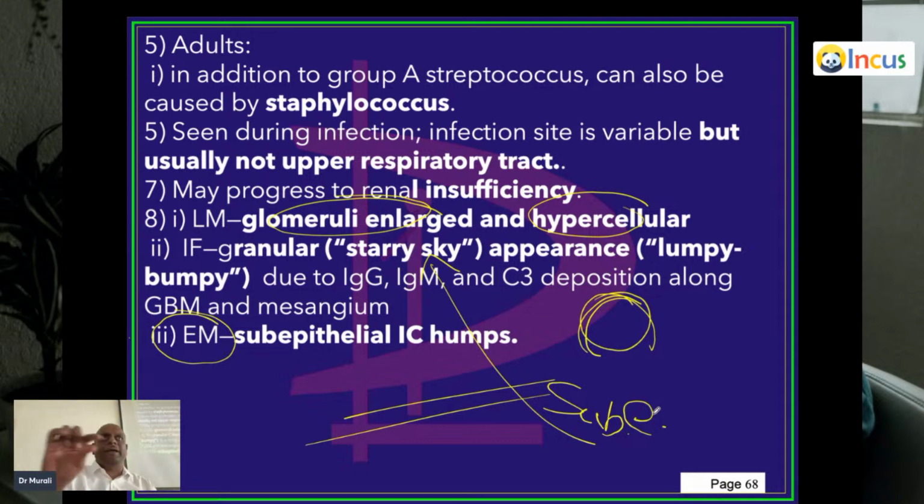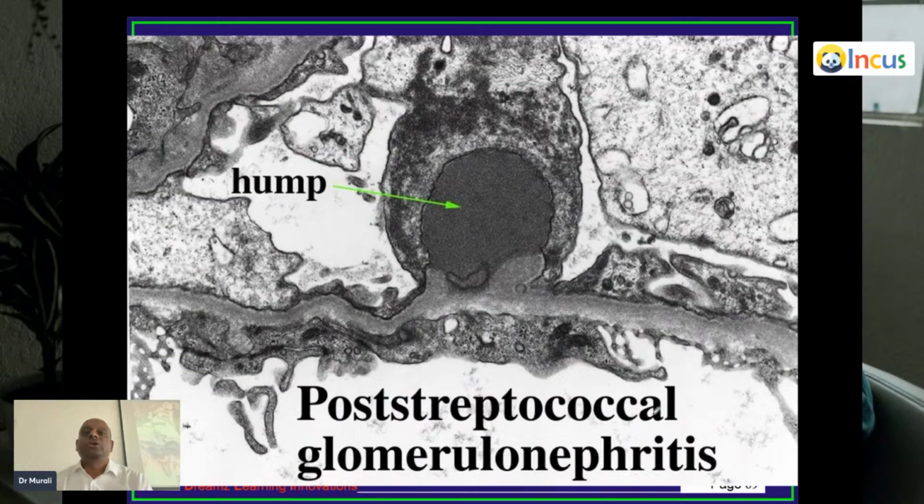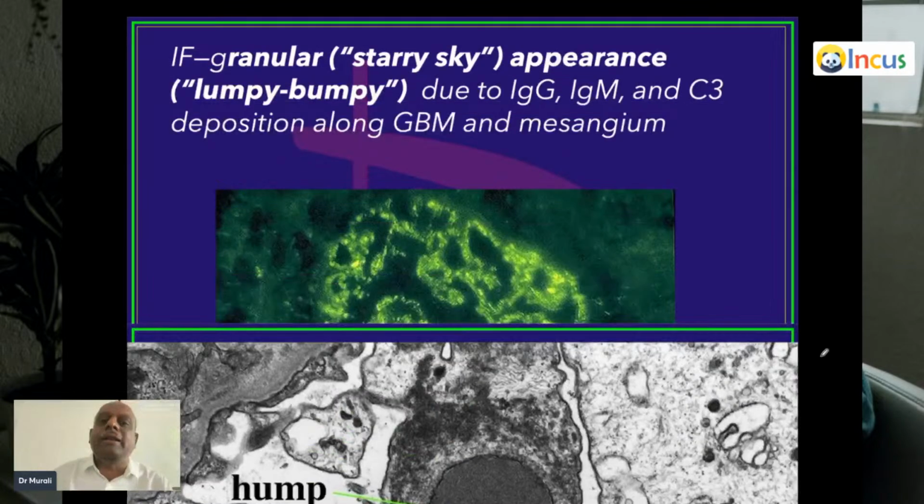So glomerular basement membrane, right? You need to know intraepithelial, that is intramembranous deposits, and subepithelial deposits. Which type of deposits is a favorite question on electron microscopy in glomerulonephritis. So what will you remember? Yes for streptococcus, yes for subepithelial. So what is this called? A hump, lumpy, bumpy hump. A subepithelial deposit in the glomerular basement membrane in post-streptococcal glomerulonephritis.